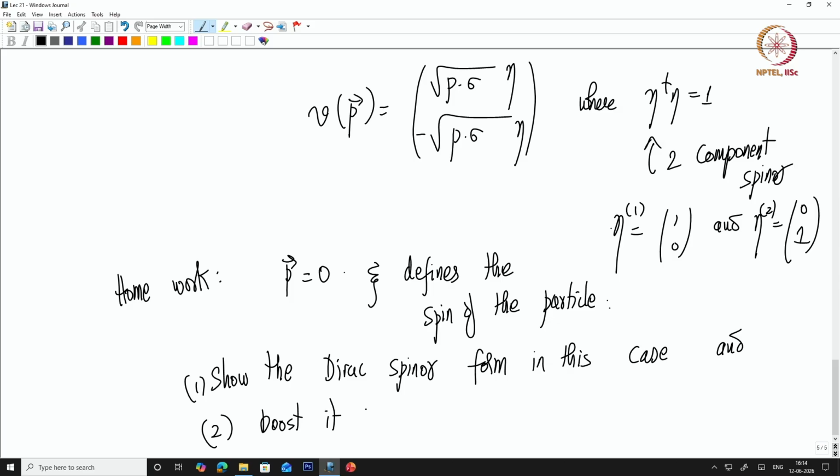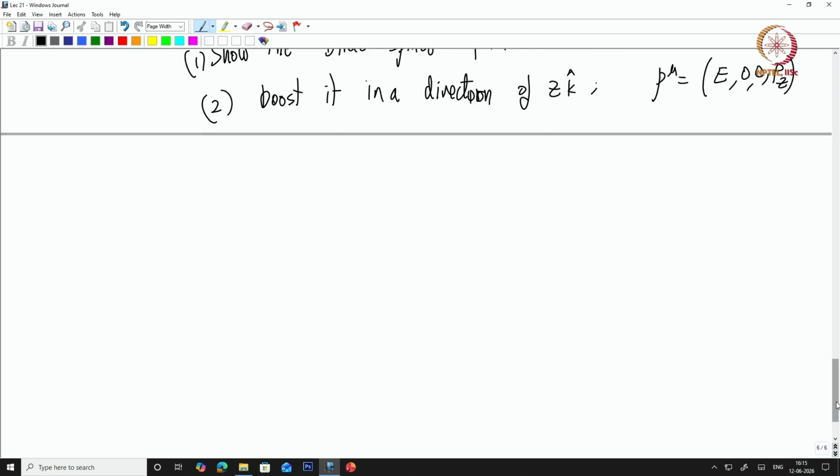in a direction of z, in the z direction. So, you have P mu equal to (E, 0, 0, P 3), or P z essentially. So, give the form in this direction. What is the form of this thing? You will show that after all this you will end